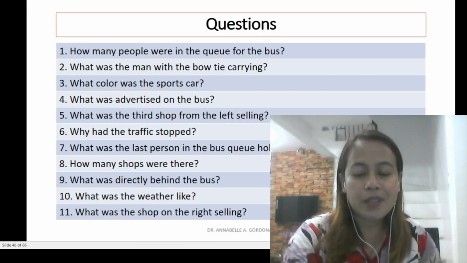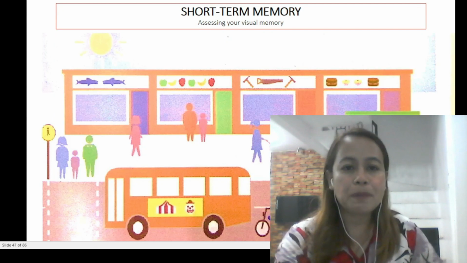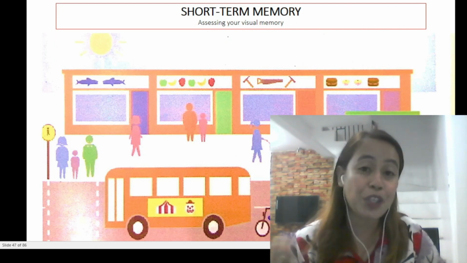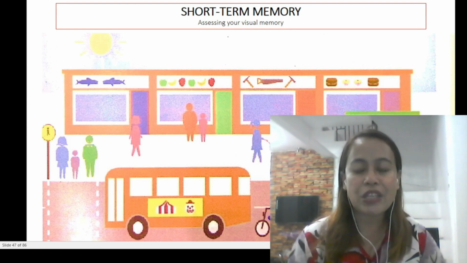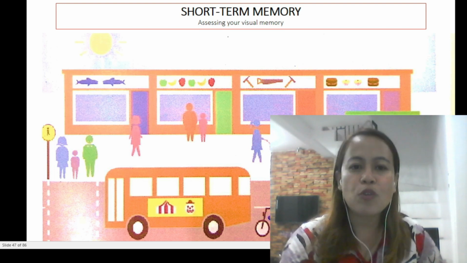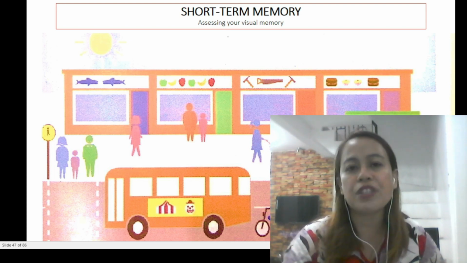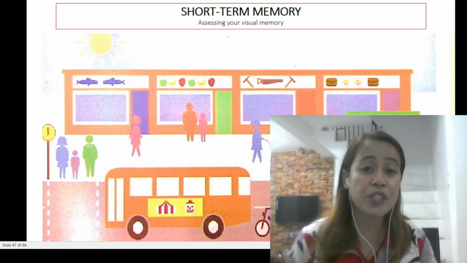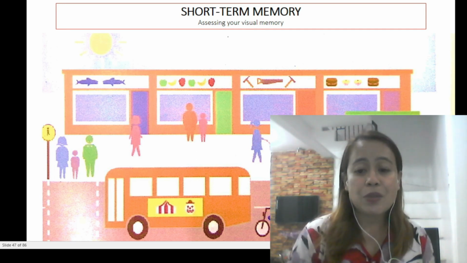So now I have here the picture for you to maybe match the questions that you have written and the words that you have found, based on our activity. Okay, so I'm going to give you a 15 count again to match your answers from the questions and the words that you have written. So we have here